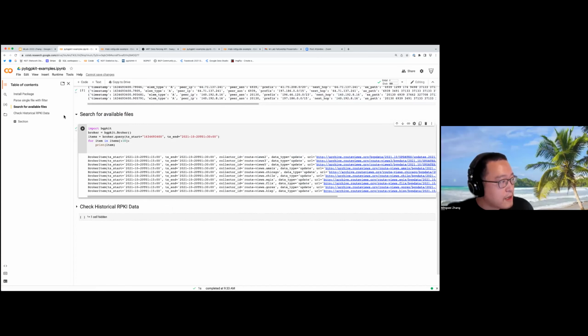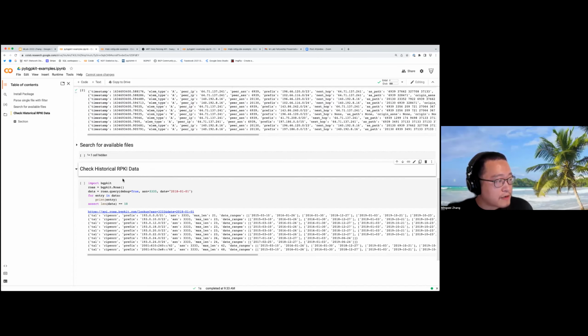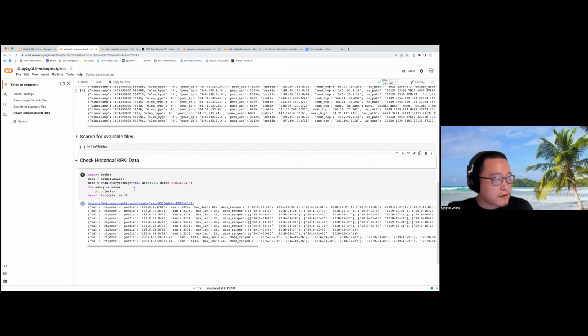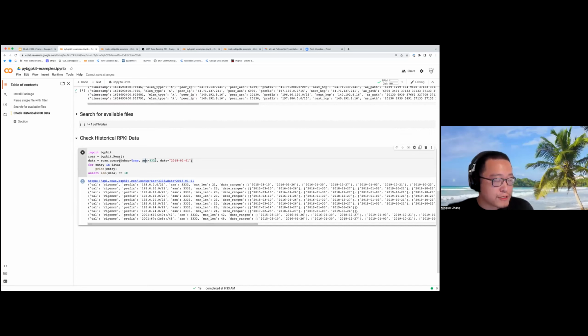And then lastly, you can do a historical RPKI data debug, where you want to ask, for example, what the RPKI has for a prefix during the date 2008, January 1st.